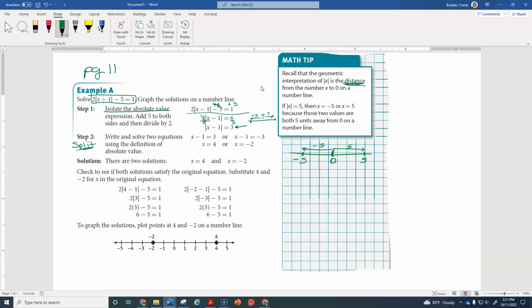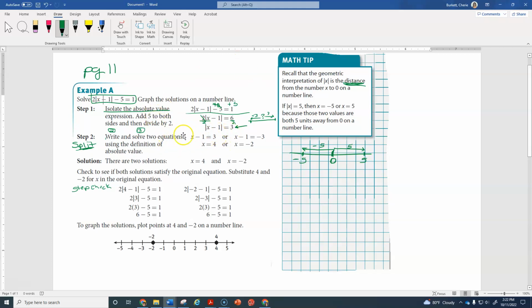That's why step number 2 says write and solve. I really make this be step number 2. I say step number 2 is split the equations, and then step number 3 is solve the two equations. And then there's also step number 4 down here, which is check. Okay, so once we split the equations, and they have it split right here, it doesn't really matter. I usually like to write